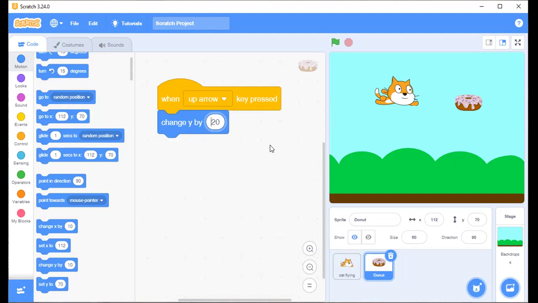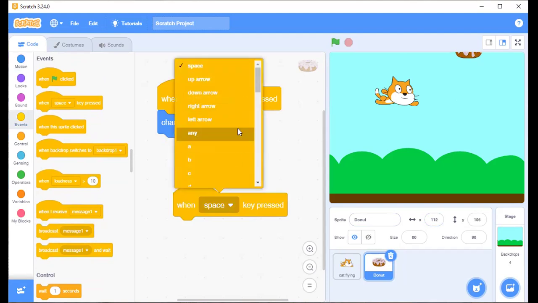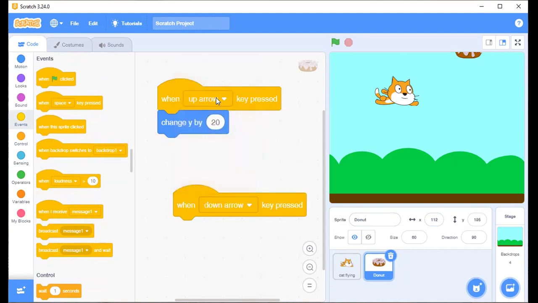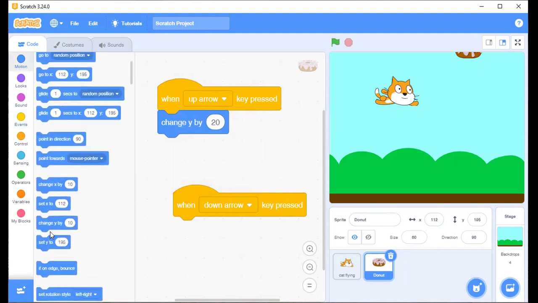So when the up arrow is pressed, it goes up. But we are not able to make it go down. So how do we do that? We take the space, and instead of up, we say you want it to go down. When the down arrow is pressed, it's still the Y axis, but now it is negative. Downward is negative, so we change Y by negative